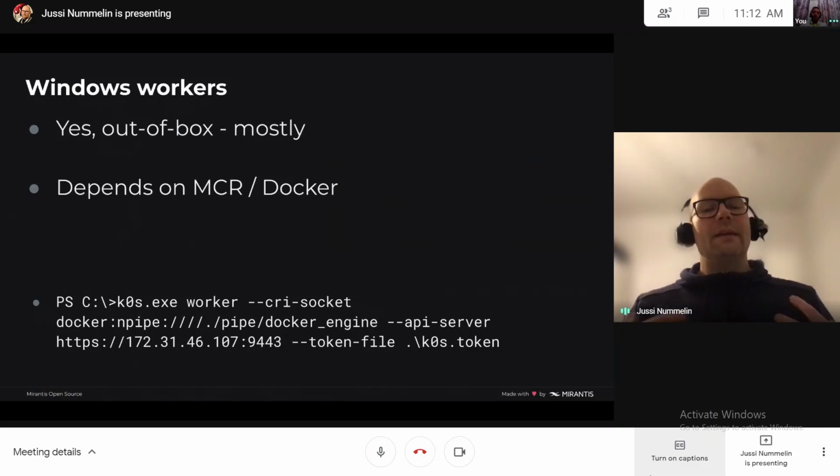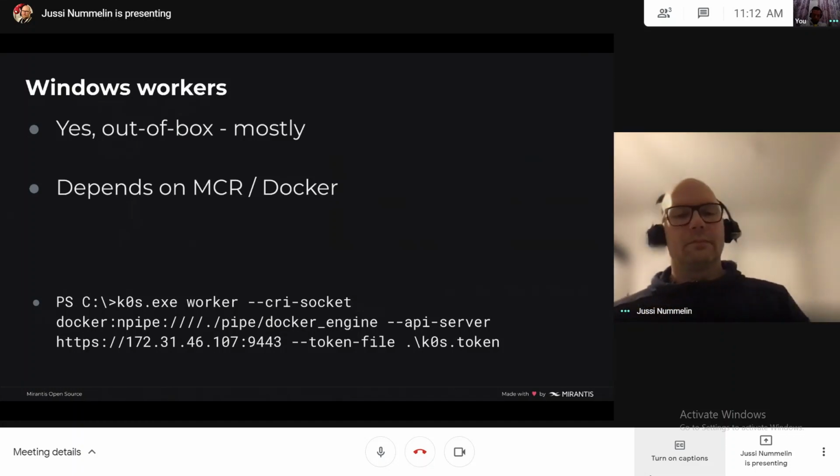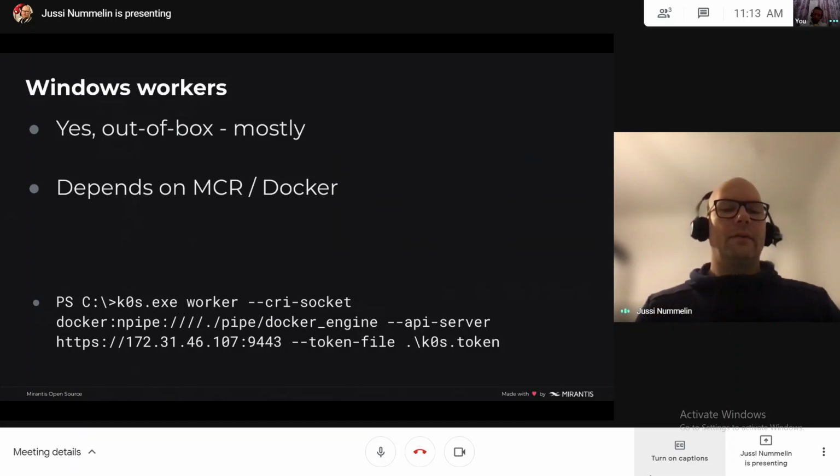But basically, the user experience is pretty much the same for Windows workers also. You run the worker command, give it a path to the Docker socket, and basically that's it. So that's pretty neat that you have almost the same user experience on Windows workers when joining Windows nodes into the cluster.